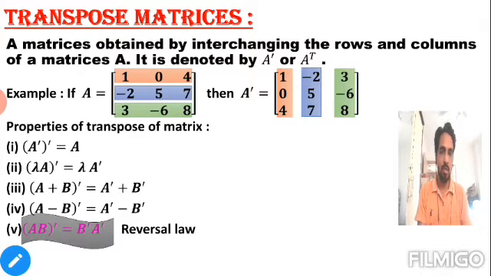Students, here we usually make the mistake of writing AB transpose as A transpose into B transpose, but in my previous videos you have learned that matrix multiplication is not commutative, it's not the same. Order is very important in matrix multiplication, so while using this property you should be very careful. You can't write A transpose into B transpose. Order-wise you have to write it as B transpose into A transpose. That's why this is called the reversal law. The position changes, it gets reversed. Okay, let's go ahead.